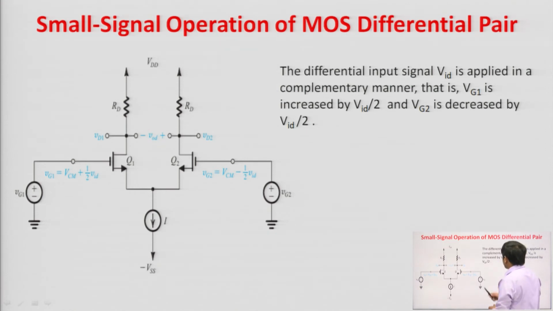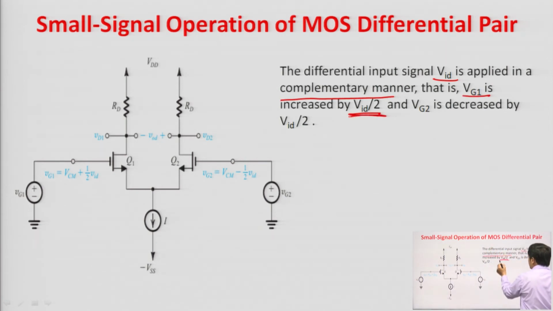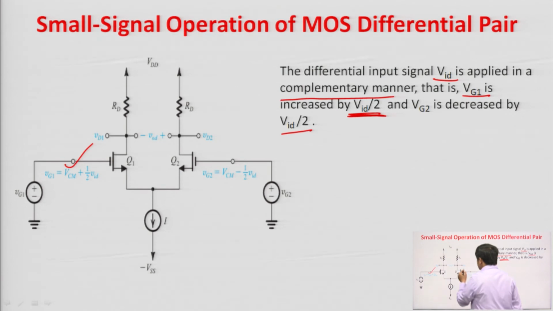Fine. So, in this differential amplifier, the input signal VID is applied in a complementary or balanced manner, such that VG1 is increased by VID/2 and VG2 is decreased by VID/2. So, this VCM is the common mode DC voltage. This is the structure of the differential amplifier. Here we are applying VID/2 and minus VID/2 at the gates of the Q1 and Q2